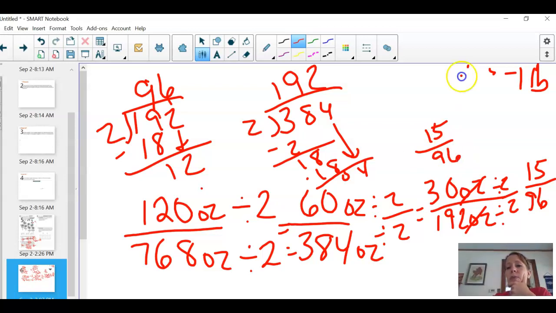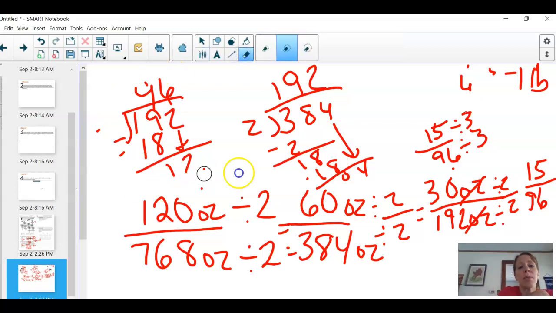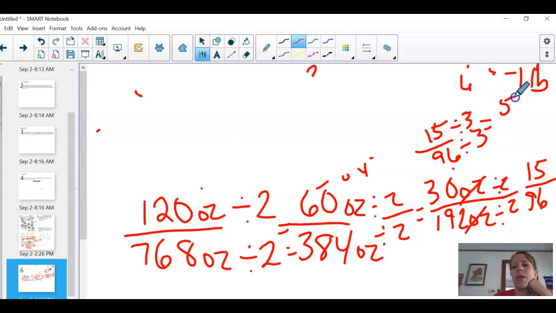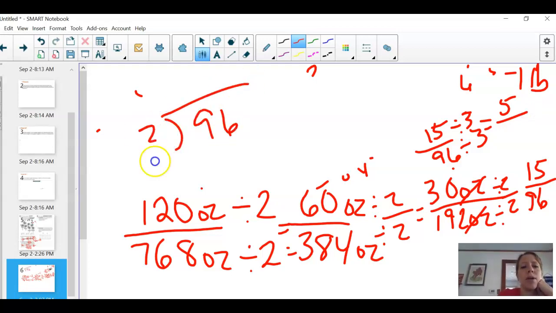1 plus 5 equals 6, and 6 is divisible by 3. 9 plus 6 is 15. 15 is divisible by 3. Therefore, I know that I can divide these both by 3. Those are some cool shortcuts that we might need to spend some time on. You just need to tell me, and we can work on some of those shortcuts to help us know when we can divide. So this would be 5, and 96 divided by 3,